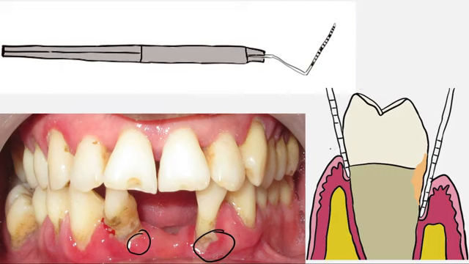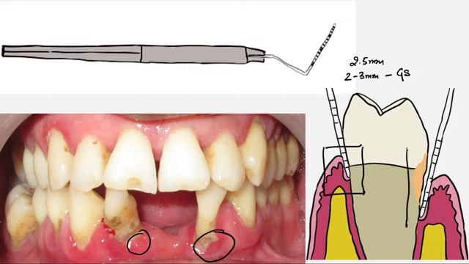So this part right here is the gingival sulcus. If we see the markings of the probe, this sulcus depth is about 2.5 mm. Anywhere between 2 to 3 mm is considered to be absolutely normal, and it is termed the gingival sulcus. Whereas if the markings of the probe exceed 3 mm, then we can say that there is some kind of pathology associated with it, and we give it a term called the periodontal pocket.